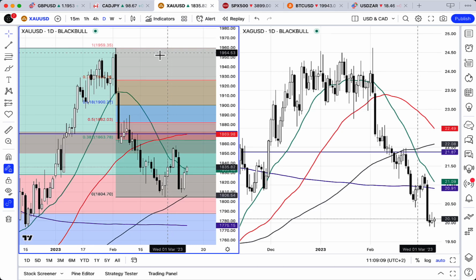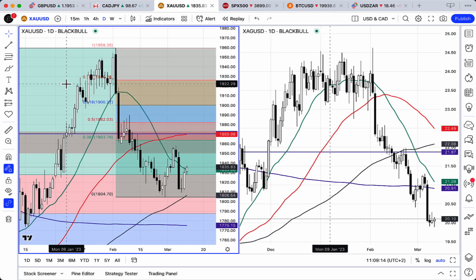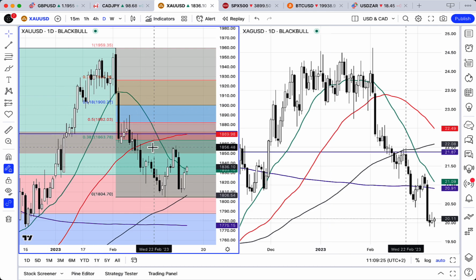Then the other thing I want to look at is gold. Well, we're short on gold. I really don't know. And again, a lot of this is going to depend on what happens with the US dollar and the non-farm payrolls number that comes out a little bit later on today, and the unemployment number. But whilst we're below this high here at